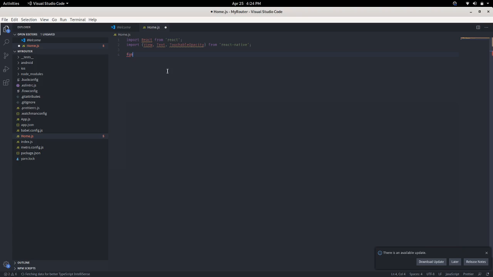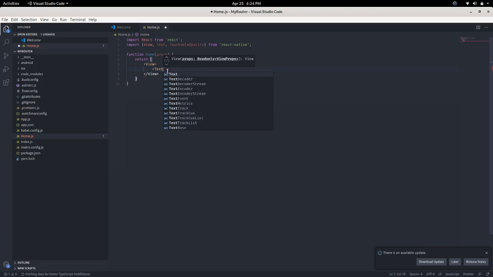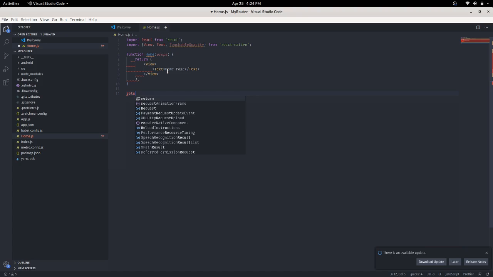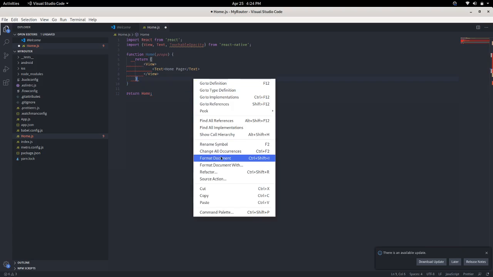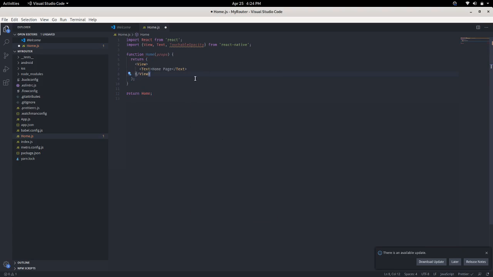Okay, function Home with props, and here we will return a View. Under the View we will have Text, home page, and we will return Home. Okay, here we will have export default Home.